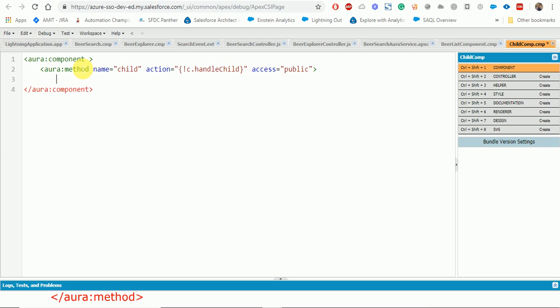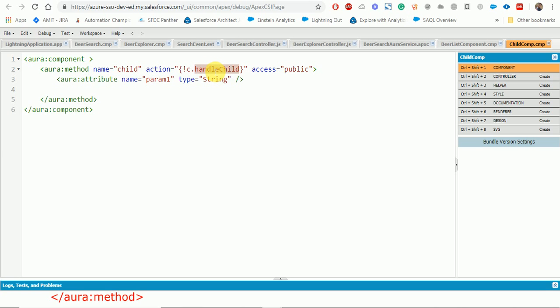And we will also use parameters, so for that we will create a new attribute. Let's name it param1, and then type will be string. Okay, so this is only one parameter that we will pass as of now.